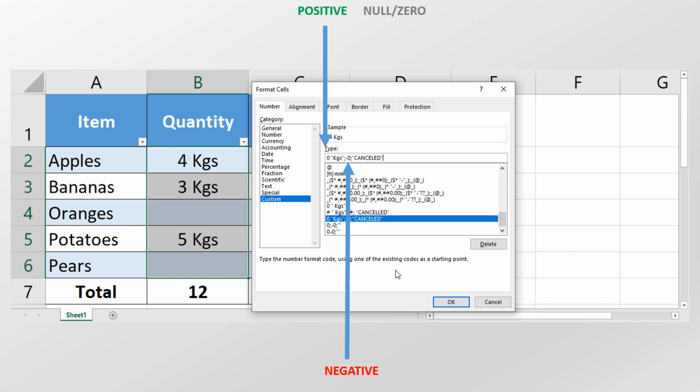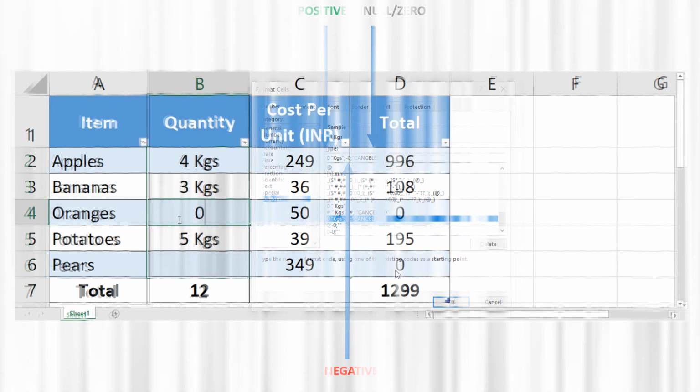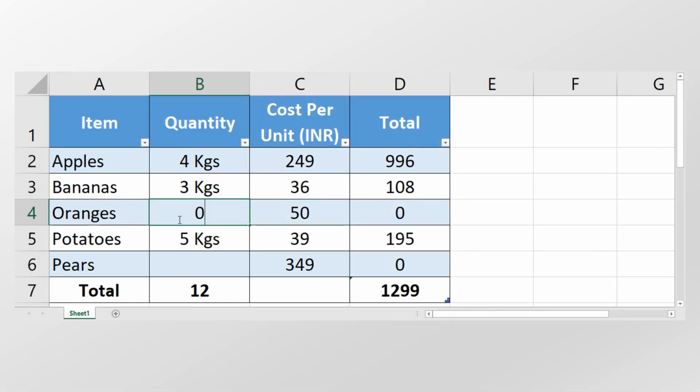Semicolon, second value you've entered as minus 0, which means how a negative value has to be displayed. You have given another semicolon and the word cancelled in quotes, which means how a null value or 0 should be displayed.